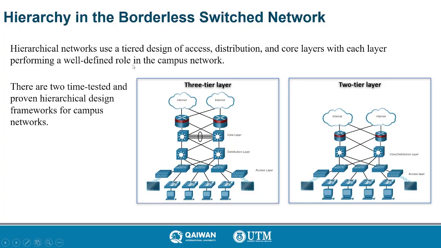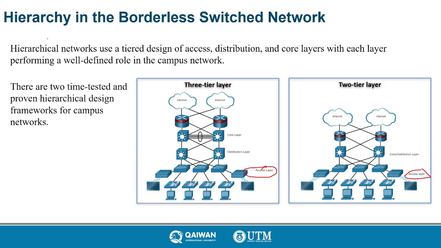Now, hierarchical networks use a tier design of access, distribution, and core layers. What does it mean? It means that the borderless switched network has a three-tier layer or a two-tier layer. So what does it mean, access, distribution and core layer? The access layer is like in here. Let me grab a pen. So this is the access layer on both sides, in the two-tier layer or the three-tier layer, no problem, they both have it. Now you see the difference, and we will try to explain it in the other slides too,